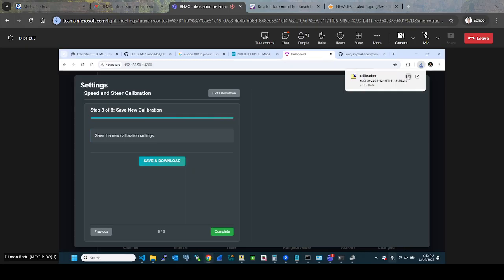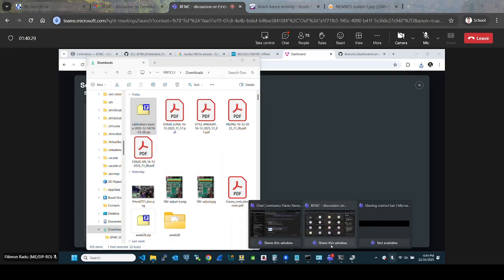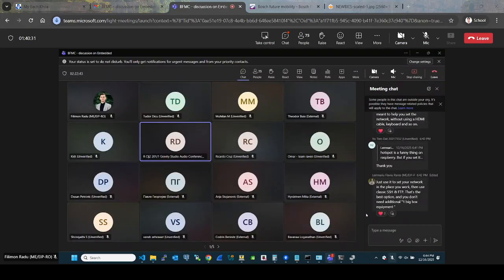We don't have a certificate for this Raspberry Pi connection. Now there will be a zip, but before I flash the calibration into the embedded platform,